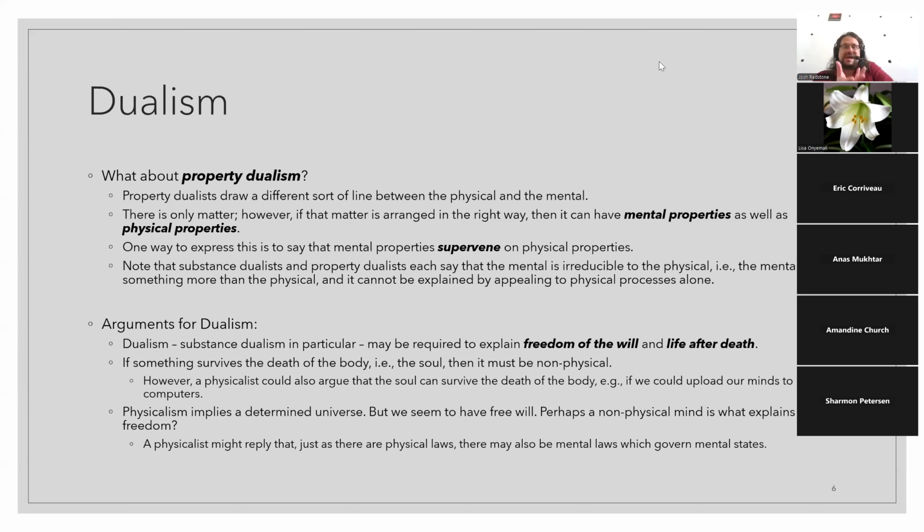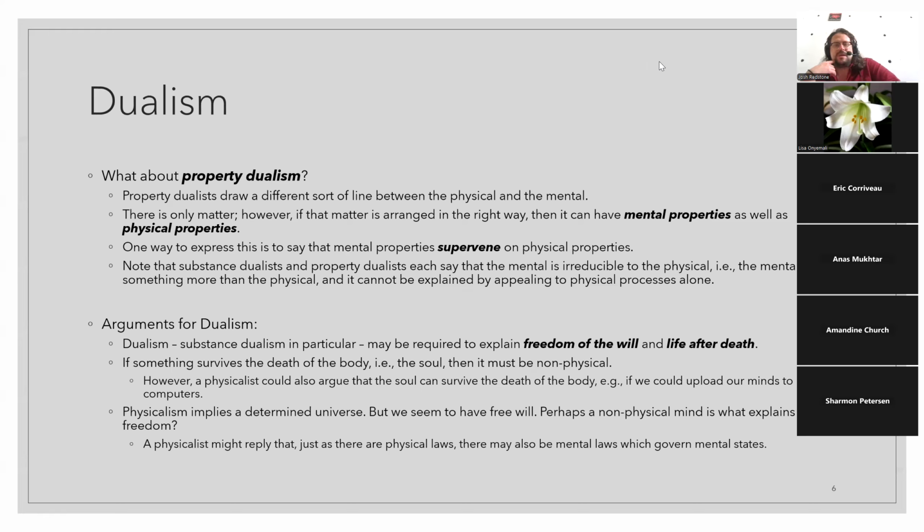Our brains are just made of matter. Our brains are made of stuff that occurs naturally, but they're put together in such a way that they have mental properties. One way of putting this is to say that mental properties supervene on physical properties. So this notion of supervenience says that the mental properties occur over and above the physical properties, and any change in the physical properties necessitates a change in the mental properties.